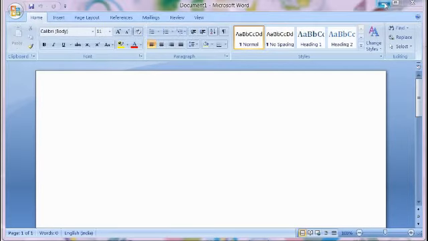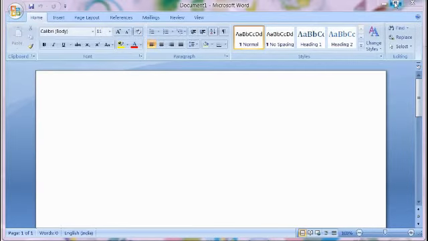Okay, this is minimize and maximize, and this is close. These three buttons we can see on the top right corner. One is minimize, the next one is maximize, and the last one is close. With the help of minimize we can keep this application on the taskbar. Where is the taskbar? At the bottom of the desktop.